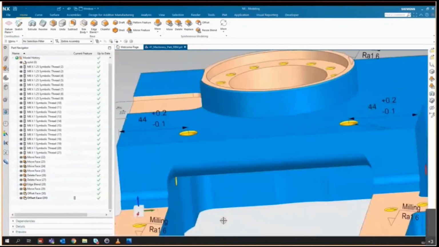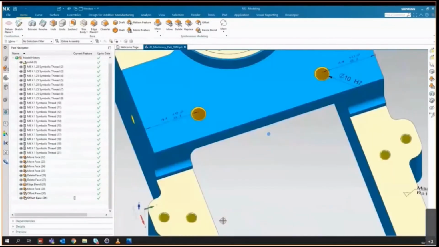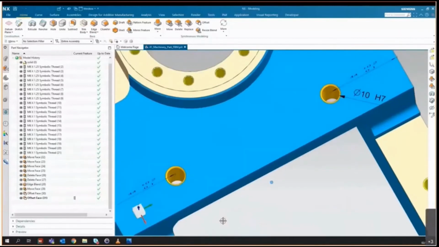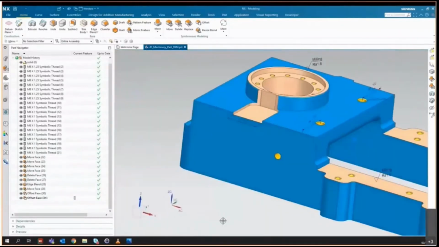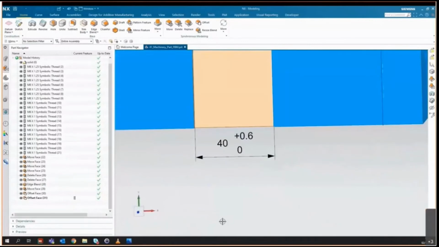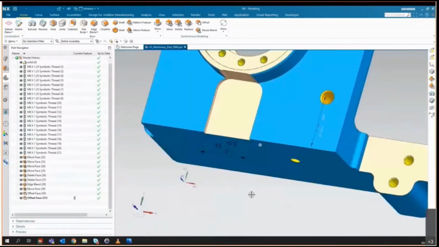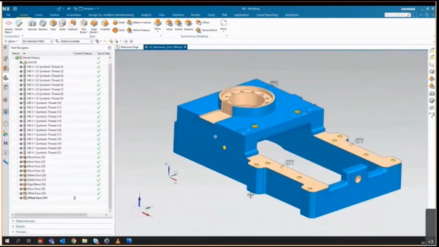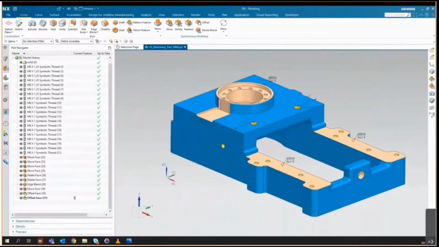We've got some PMI on the components, some for surface finish. We've got an H7 limit fit, some linear tolerances, and we're going to be talking a little bit more about this pocket a bit later on, this 40mm wide pocket with a plus 0.6, less nothing tolerance. Well, first of all, I want to show you a little bit about how we use PMI on products in